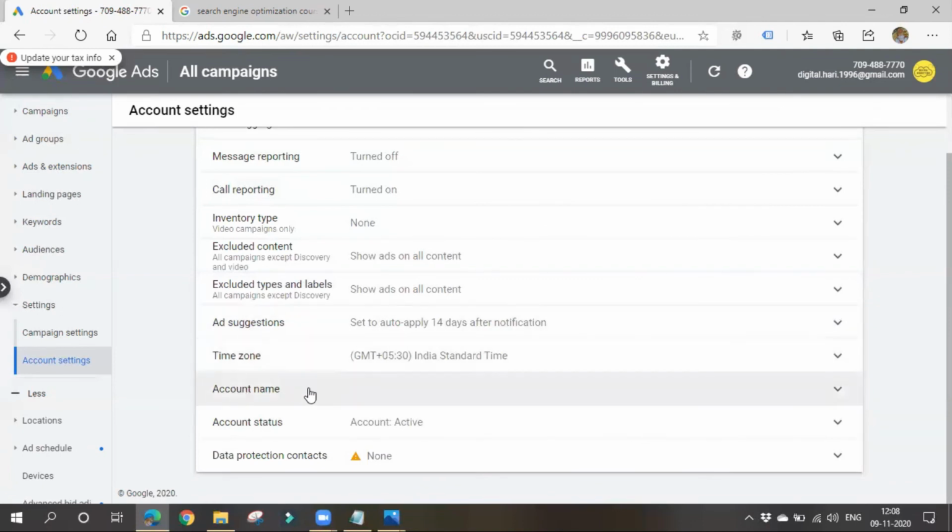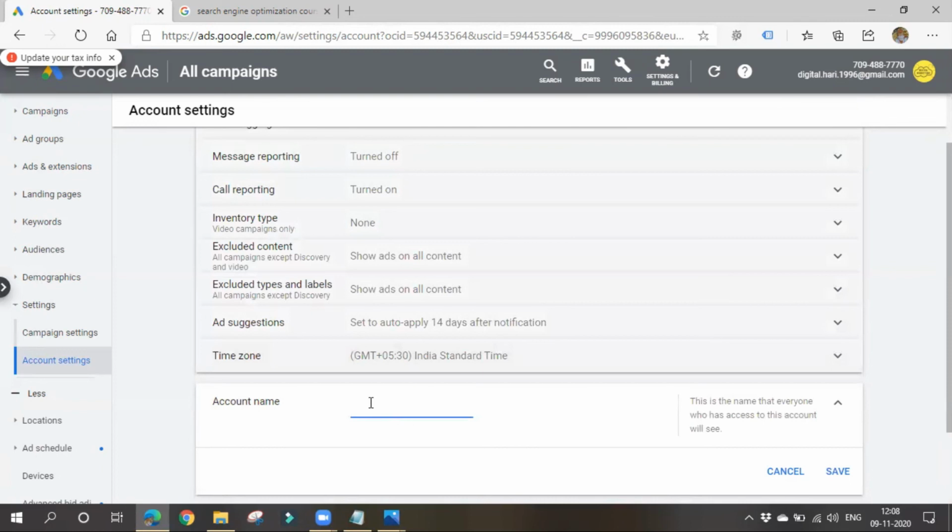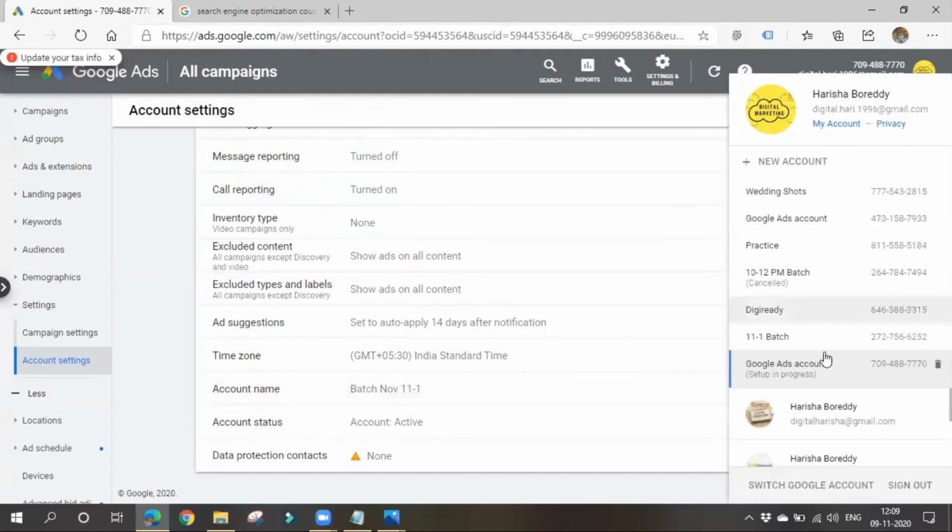See, the account name is empty here. You can give a name here. I'll give some name. It is for your reference. If you are maintaining multiple accounts, then it is here for your reference. Okay, I'm giving this name. Click on save. It will not show up immediately.